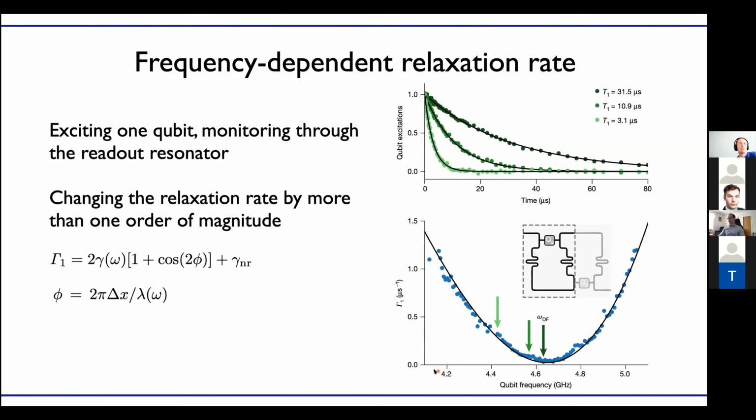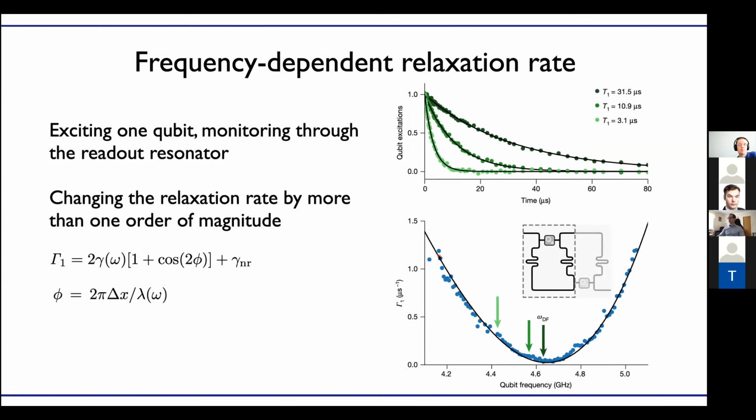And they tuned this qubit frequency over about 1 gigahertz, around the point that corresponds to the distance being half a wavelength between its two coupling points. So the minimum is where you have half a wavelength. And here's the relaxation rate. They saw it fitting very nicely with theory and achieving this minimum. It's not exactly 0,